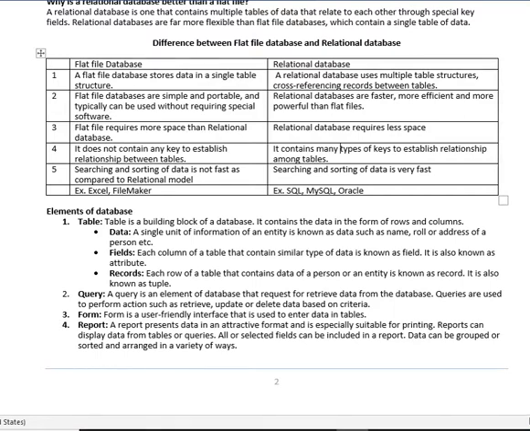Form is also an object of a database that is a user-friendly interface mainly used to enter the data in a table of the database. Report is also an object of a database. It represents the data in an attractive format and is especially suitable for printing.